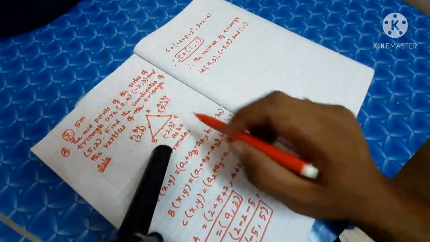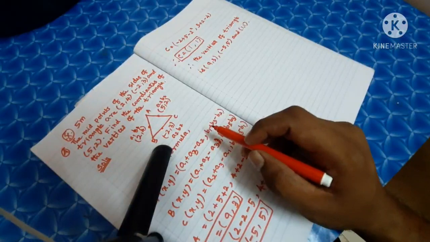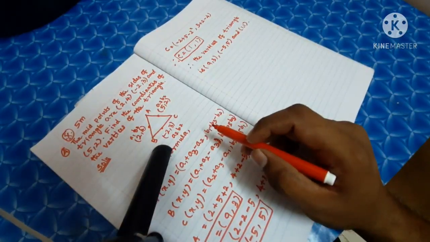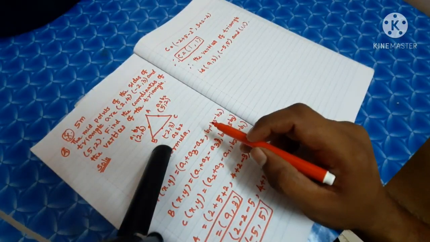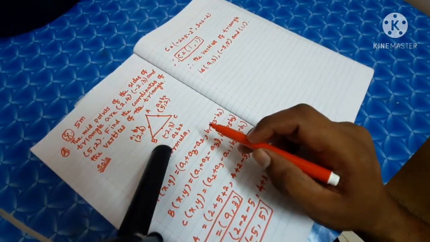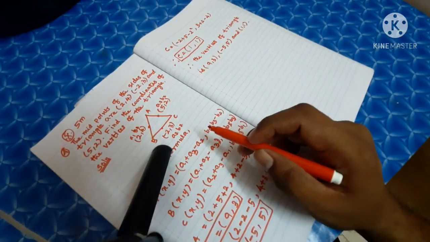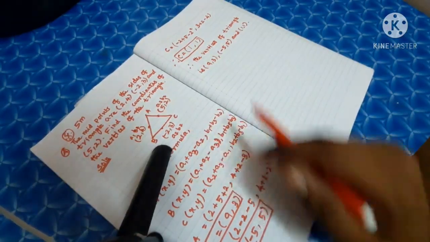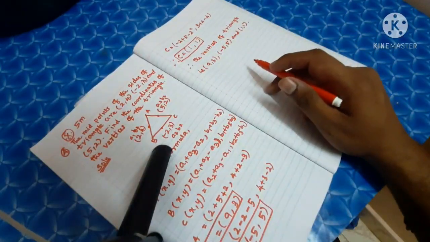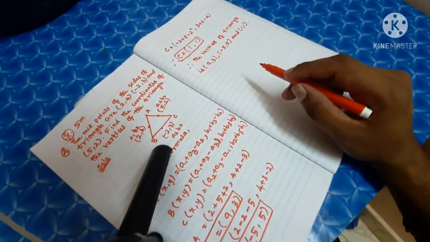This is an important 5 mark question. But in your example 5.15, they have given a different method. Using the midpoint formula, they find the coordinates of the vertices, but it is a huge solution. Using this formula, you can easily get the vertices of a triangle.